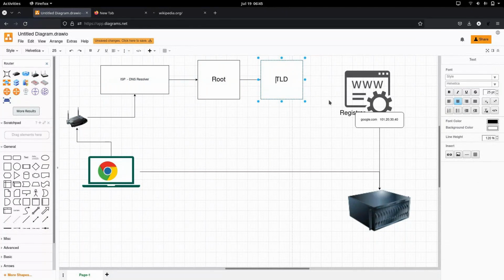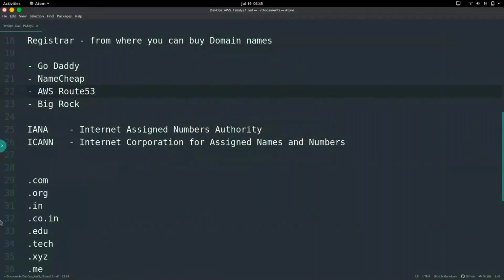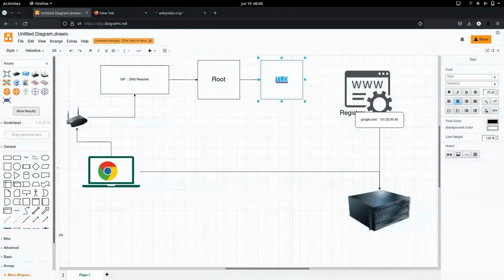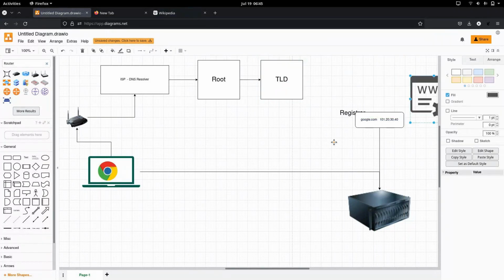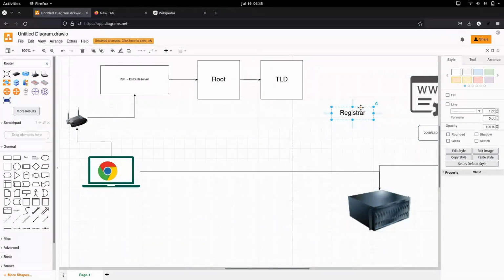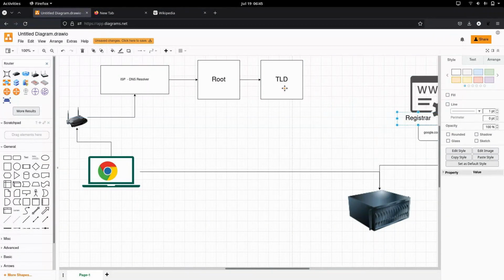Top level domains, again, like I told you, could be any of these things: .com, .org, .in, all these are top level domains. So the top level domain will tell, okay, I don't have it, so the root server might have or might not